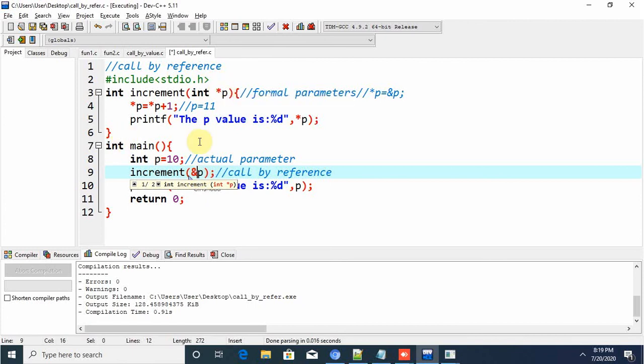Exactly. Yes. Since it is having a pointer. If there is no pointer, this concept is not possible. So that is a speciality of pointers that I will teach you in brief when coming to the pointers topic. For the sake of this topic I told you now, in order to complete this call by reference concept, you should keep this point in mind, that star p equal to ampersand p.